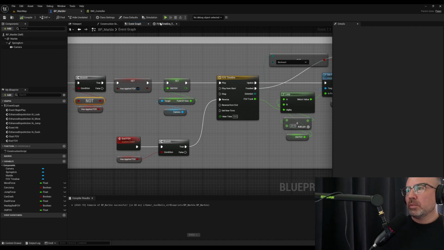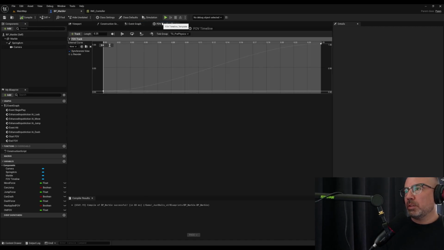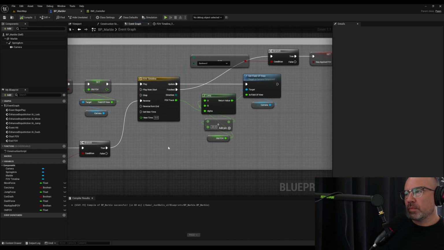In the timeline we have, if you double click it, it opens up the timeline tab here. We set a length for the timeline to play as a quarter of a second, and it goes from 0 to 1, and we added just a nice smooth in, smooth out. From there we updated to set field of view,